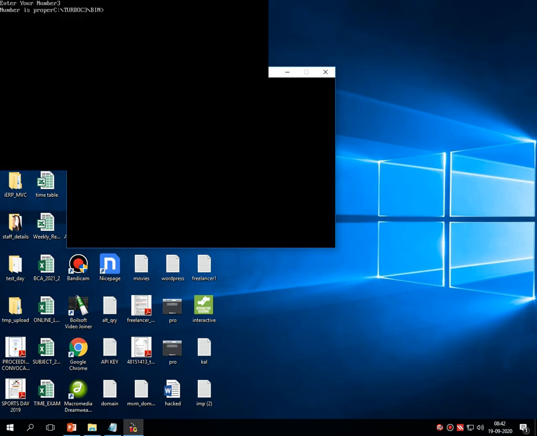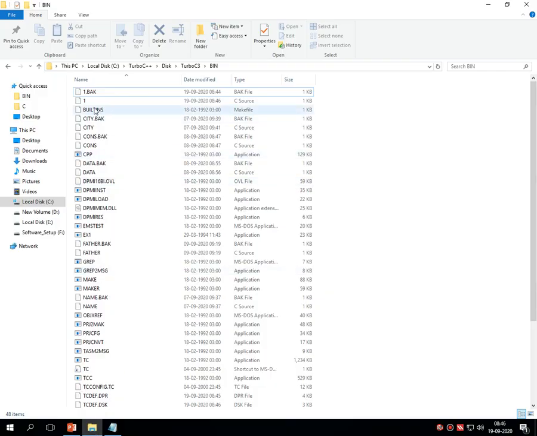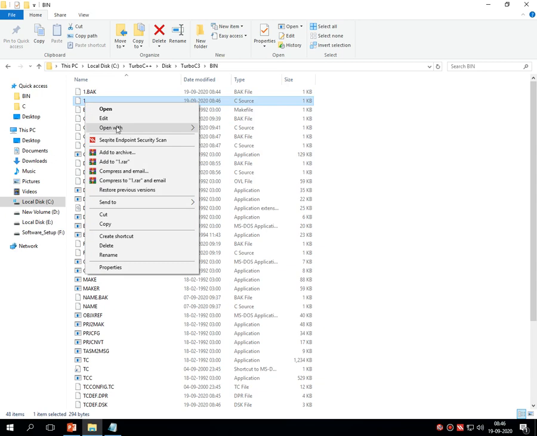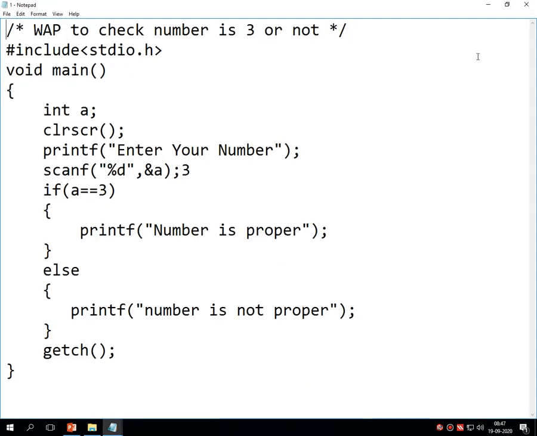Let's check over the Notepad editor for better visibility. My file name is 1.c. I am opening this. Yes, it's there on the screen. Write a program to check the number is 3 or not. Hash include stdio.h, then void main, opening bracket as well as the closing bracket.